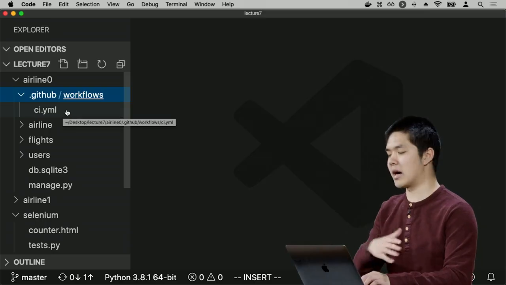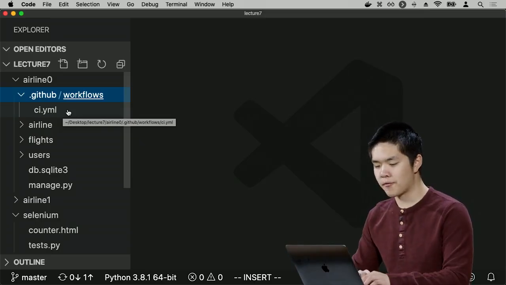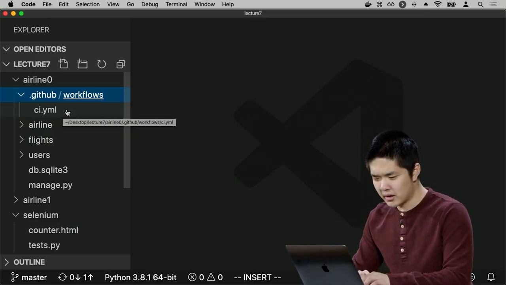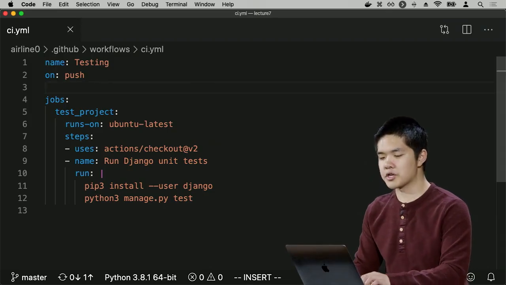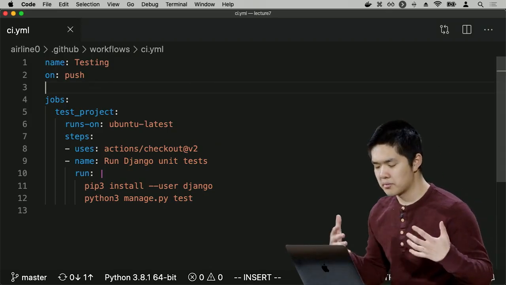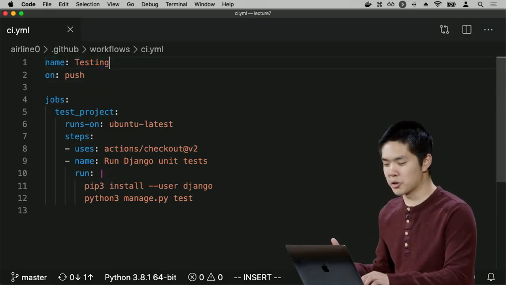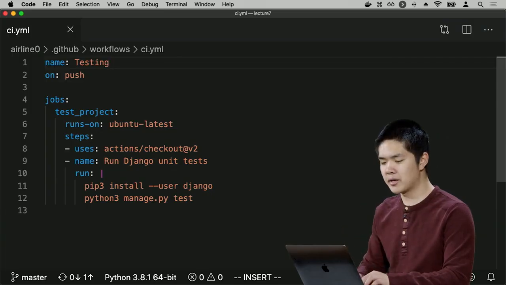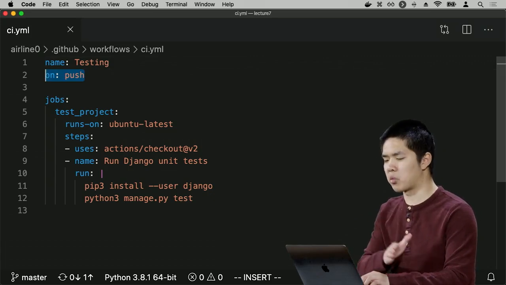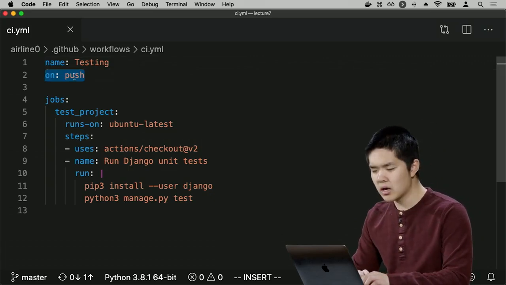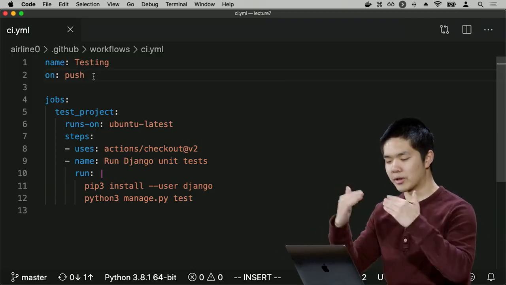It can be any name. .yml or .yaml are the conventional file extensions for a YAML file. And here, I'll open up ci.yml. And this now is the configuration for how this workflow ought to behave. I give the workflow a name. It's called testing, because what I want the workflow to do is test my airline application. Then I specify an on key to mean when should this workflow run. And here I've said on push, meaning anytime someone pushes their code to GitHub, we would like to run this